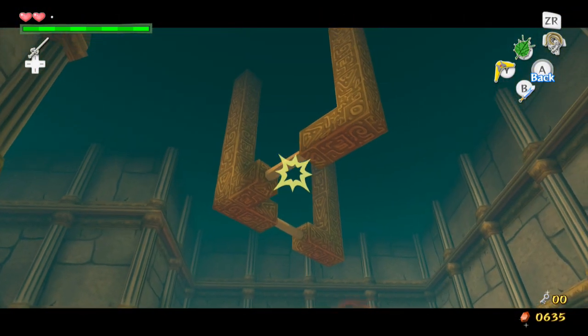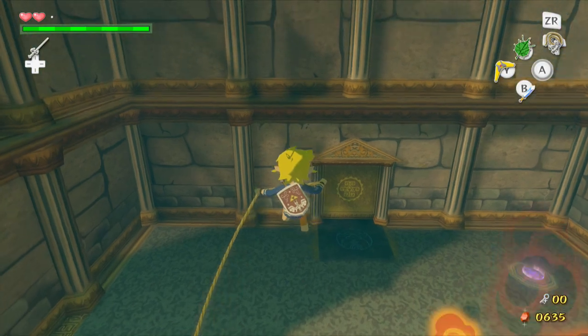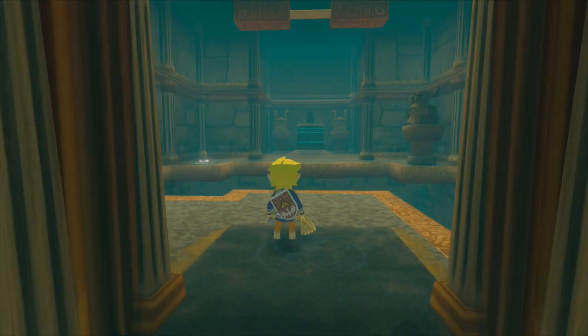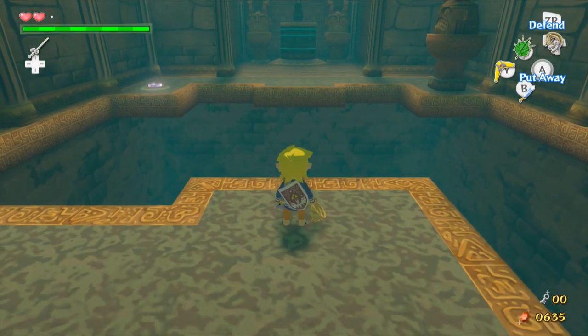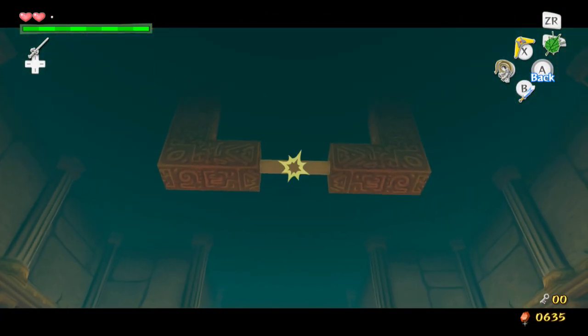Let's get out the grappling hook and swing across. Here's another use of the grappling hook in a dungeon that you didn't get it in. This game is pretty good about that, and I do not like the item placement actually, so let me switch this up a little bit. Okay, let us swing